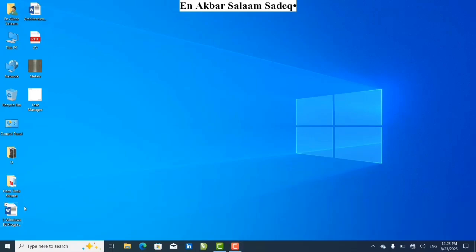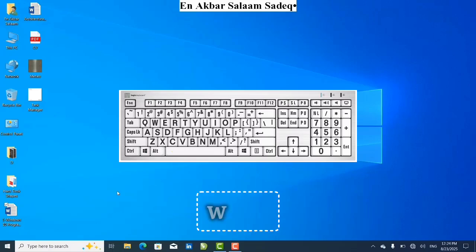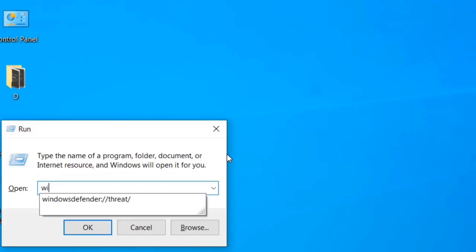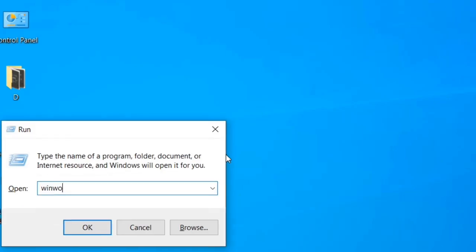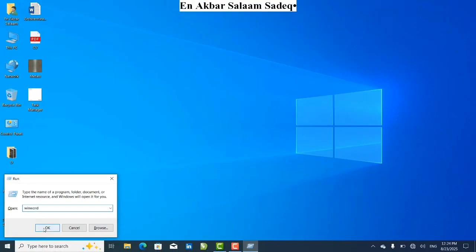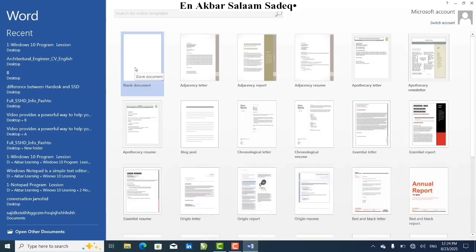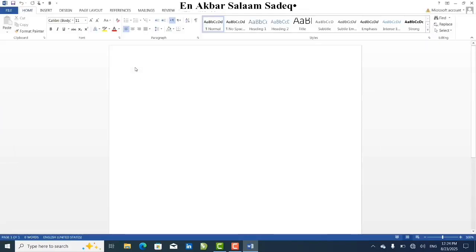Then come to open Word program by shortcut keys. Windows key plus R. Write Word. Then enter. After that, a blank document opens. Write something, for example, I am from